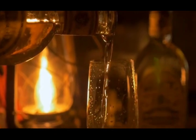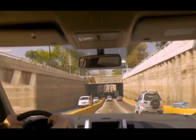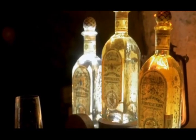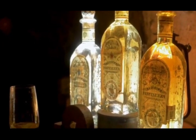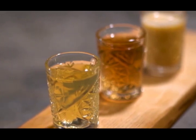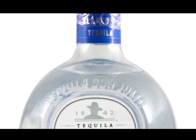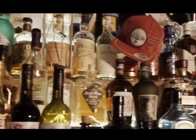A recent market study shows that sales of tequila in bars and restaurants across the country are going up fast. A broad variety of delectable drinks can be made with tequila because of its versatility and the fact that it has a smooth, pleasant flavor that complements other ingredients. You want to improve your bar cart but don't know where to start? Keep watching until the end to see what our bartenders, mixologists, and master distillers think are the best tequila brands